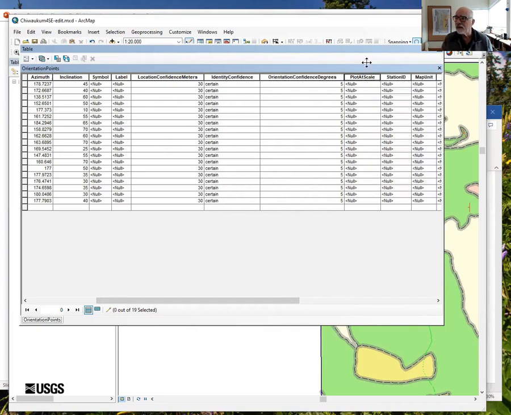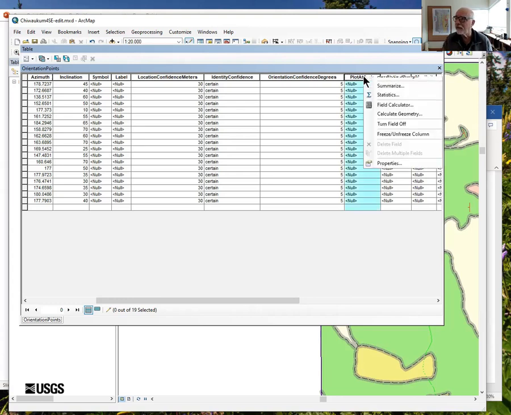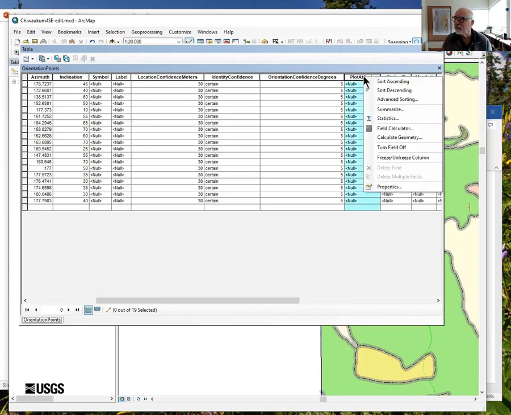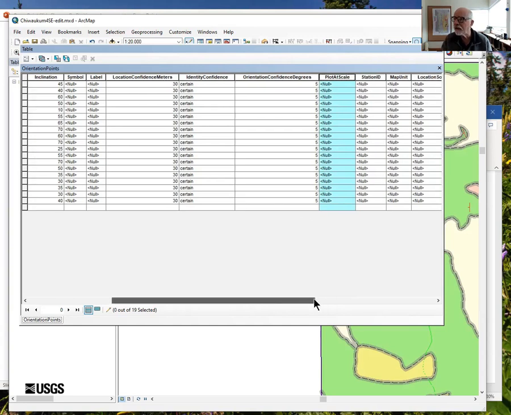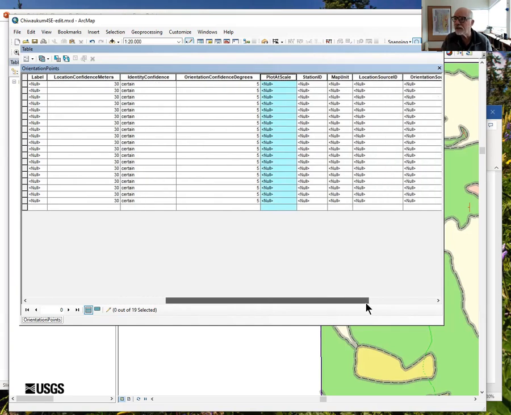Plot at scale is the denominator at the scale smaller than which you shouldn't plot this thing because the symbols get too crowded. This map is not crowded. I'm gonna leave this. We'll run a script later to calculate that. Station ID, these things don't have stations. Map unit, we could populate that right now. All of these